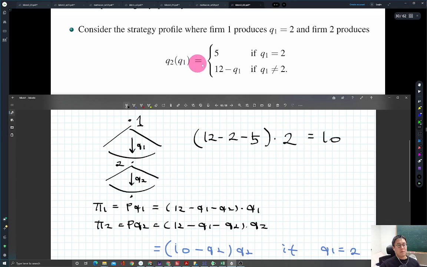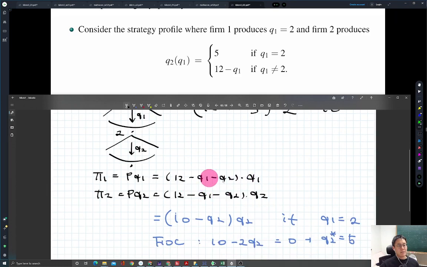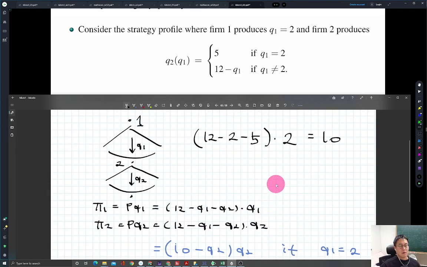If firm 2 observes the other quantity, he threatens firm 1 by saying, if you choose other quantity, I'm going to reduce the market price down to 0. Yeah? In such a case, you and I both make a 0 profit. Yeah? So firm 1's profit for other quantities will be 0. But if we think about the rational behavior using Nash equilibrium, using 2 units is indeed the best response to